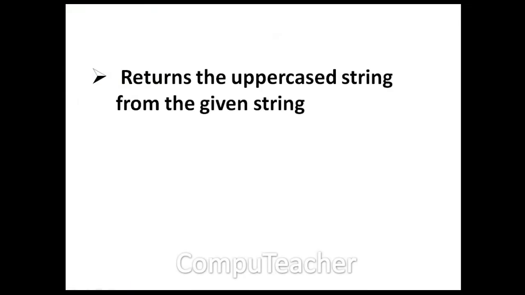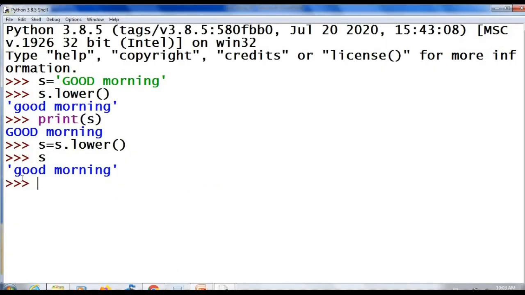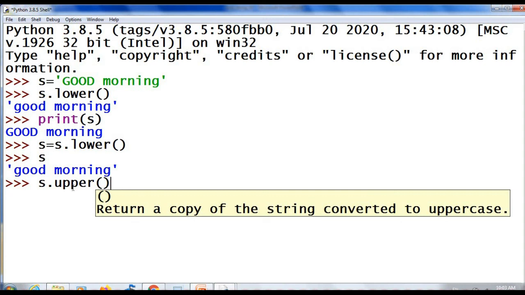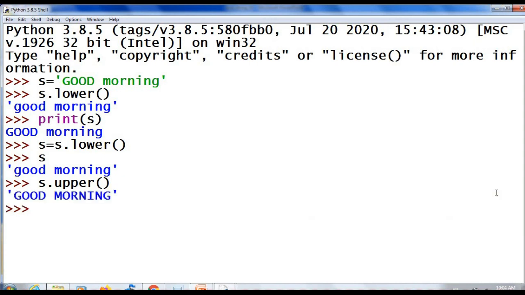Similarly, we have a method which returns the uppercase string from the given string. It is upper. s is now in lowercase letters. Then s.upper(). s.upper() will return a copy of the string converted to uppercase. Only a copy.